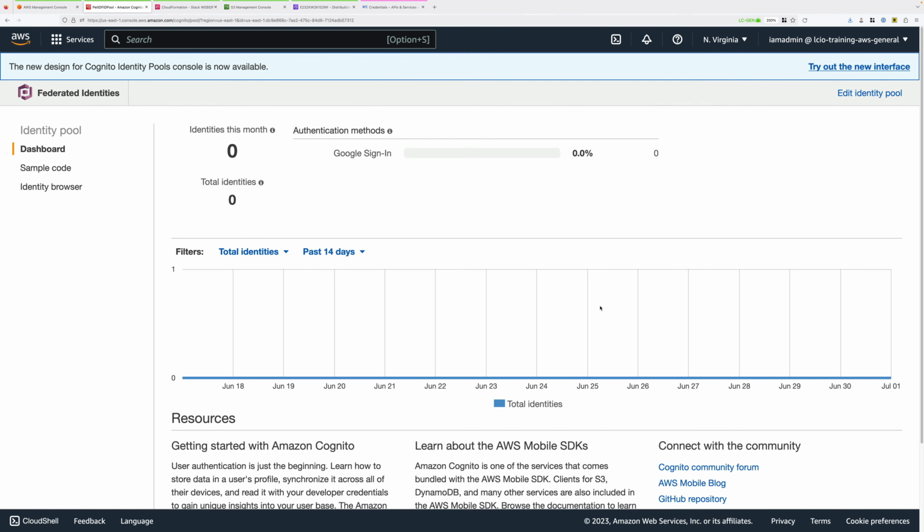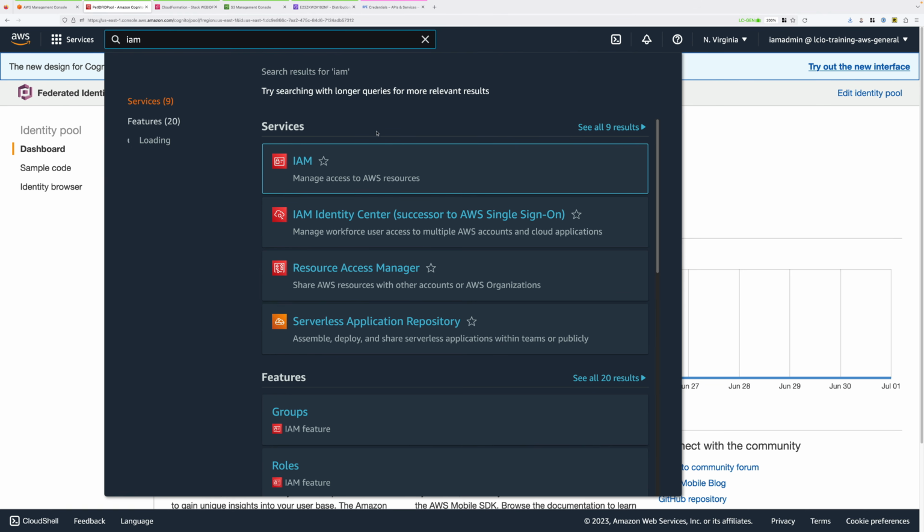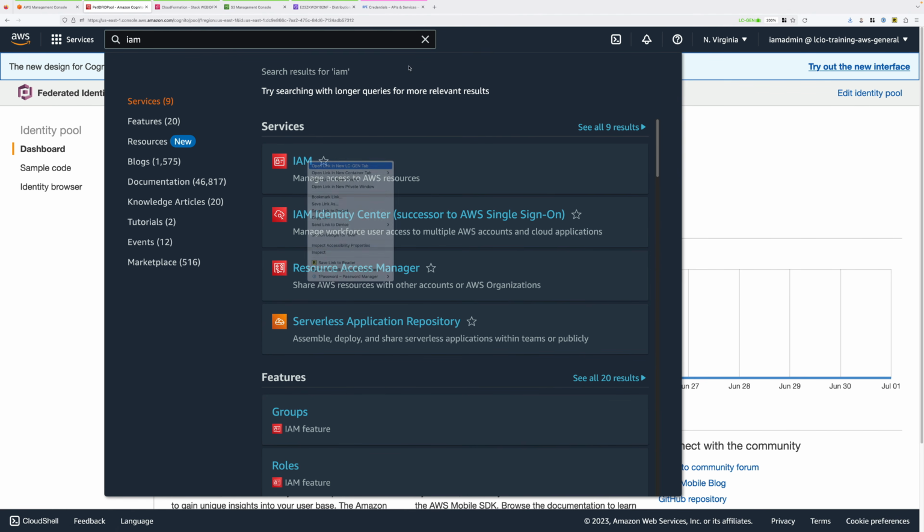So our serverless application will be passing in a Google Auth token to Cognito. Cognito will be assuming a role and using that role's temporary credentials to access S3. So what we need to do next is update the permissions allocated to that role and make sure that it has sufficient access to the private S3 bucket. To do that, we're going to move to the IAM console, so click in the services box, type IAM, and then open that in a new tab.